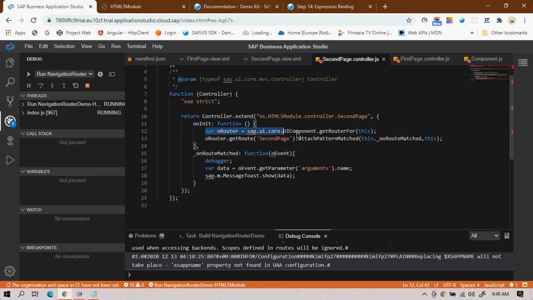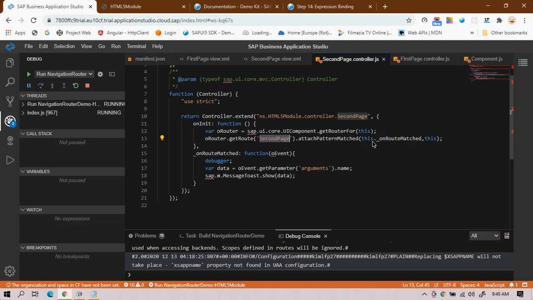This line of code is the same for performing the navigation, but for the second page, whichever page will accept the input from the first page, I have to write this code, oRouter.getRoute. So this is the name. Again, this is the name, it's not a pattern, it is the view's name, and then I have the function, that is attachPatternMatched. So this function will trigger when this pattern matches.